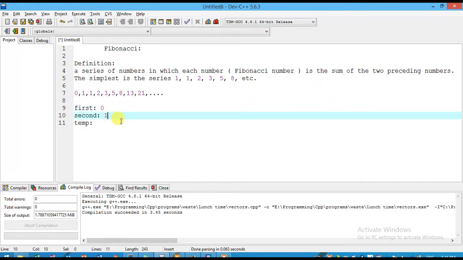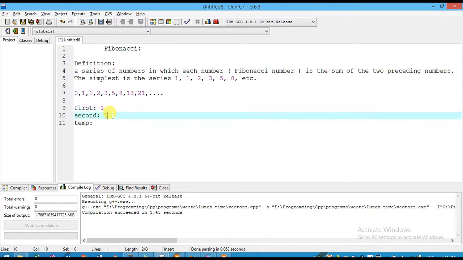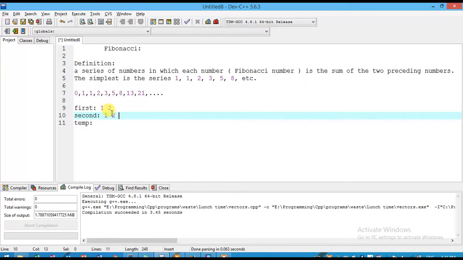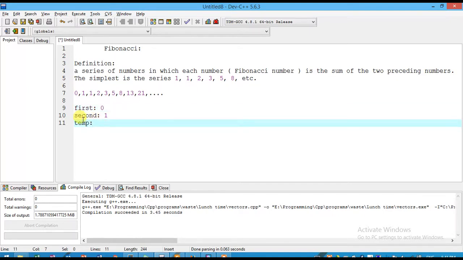However, some people may think that first we should change this value into 1, and then add the values to get 2. Many people may think like this, but after that, as the process continues, the first will be 2 and this will be 2, and 2 plus 2 will be 4, but it should be 3. We lost a 1 here, so it is not a correct method. So we have to take another variable, for example, a variable called temporary.